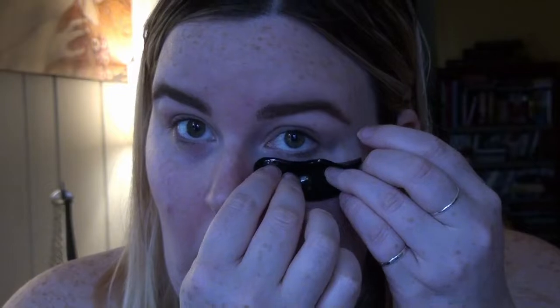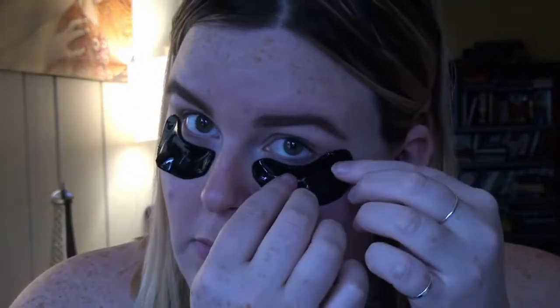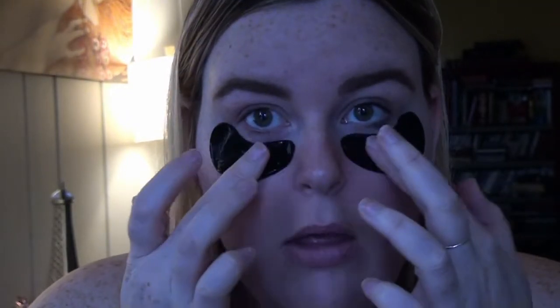depot. And I got this in my winter FabFitFun box, which I'm sure you have seen. Ooh, there's liquid in there. I know you're thinking, duh, but I wasn't expecting it to be quite that liquidy. So I'm going to assume that we put it on. Oh, those are so nice. I'm going to move this one down just a little bit. So that's what those look like. They are black